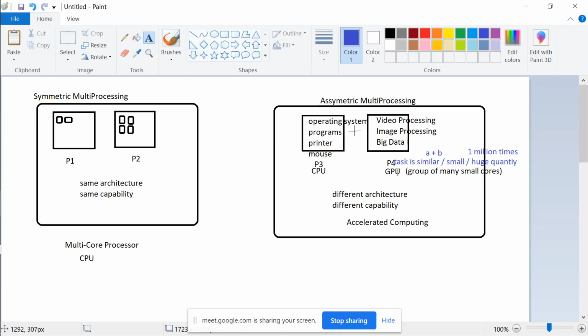This is what is asymmetric multiprocessing, where the two processors are different. They are meant for different things. That is what is called asymmetric multiprocessing. This is what is called symmetric multiprocessing. So if you have a factory where there is a washing machine in one place and a microwave in the other place, the processors for the two units are going to be different. It is going to be architected as per the needs of that particular machine, right? So that is what is asymmetric multiprocessing.